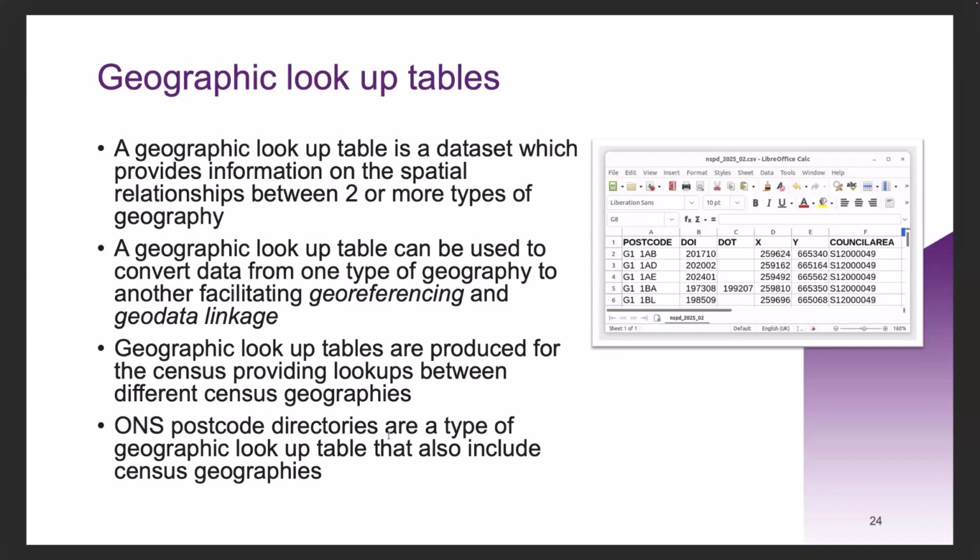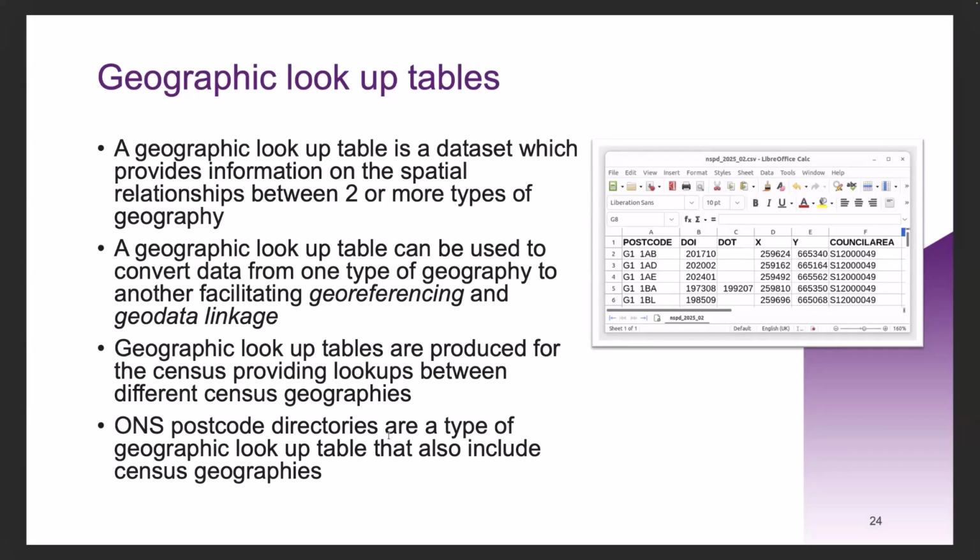So a lot of data which you may be manipulating, like surveys, is output using a postcode. And what a postcode lookup table does is it relates postcodes to other types of geography. So you might have a postcode of EH10 4EL in a postcode directory. Each of the records for EH10 4EL would have a bunch of other columns which would then tell you the geography